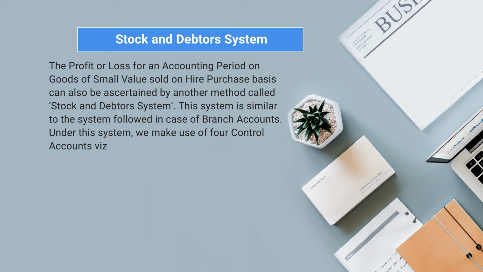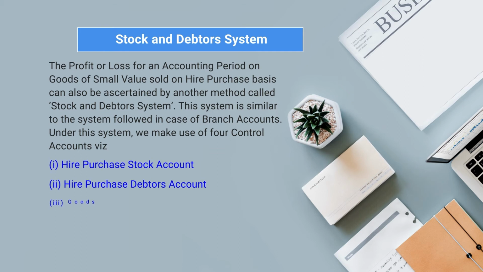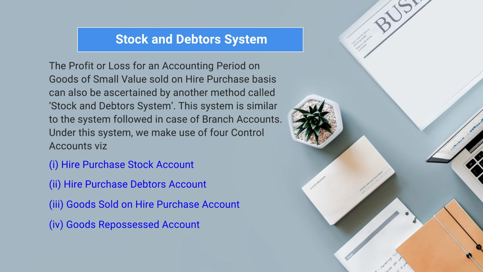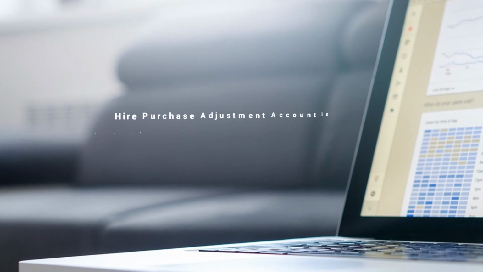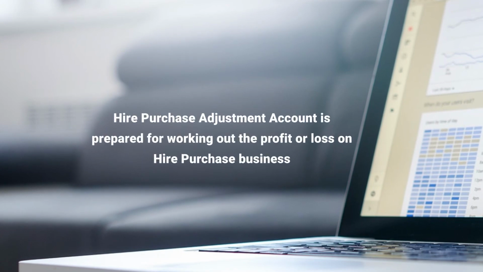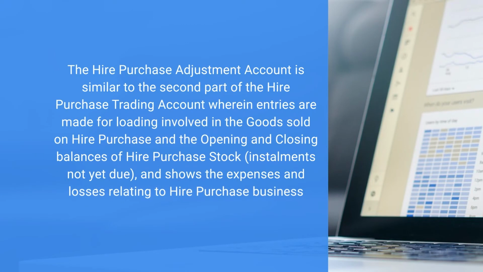These 4 control accounts we must remember. First one is hire purchase stock account, hire purchase debtor account, goods sold on hire purchase account, and fourth one is goods repossessed account. Hire purchase adjustment account is prepared for making out the profit or loss on hire purchase business. The hire purchase adjustment account is similar to the second part of the hire purchase trading account, wherein entries are made